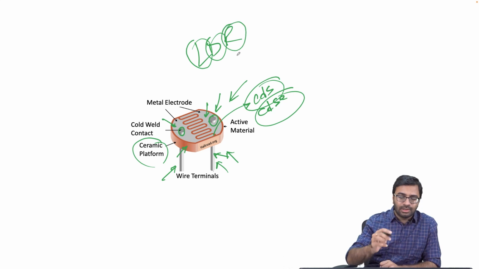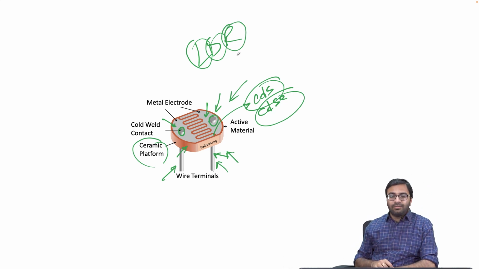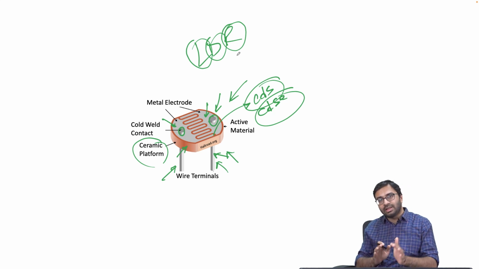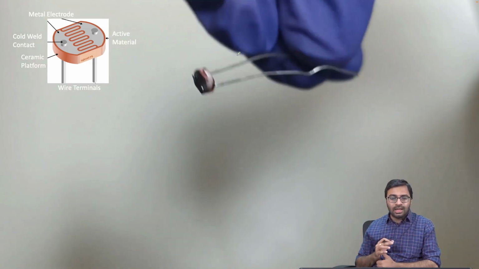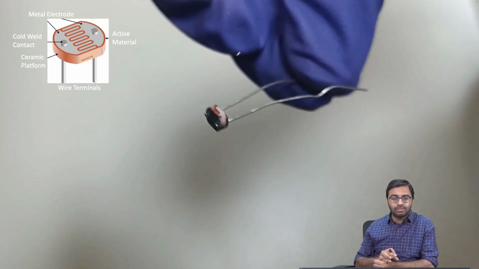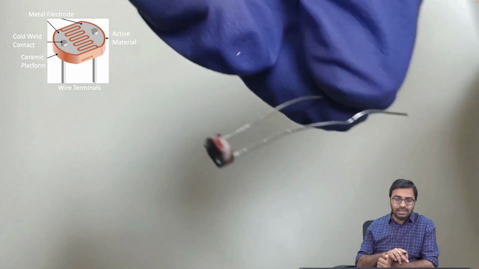Now in this case also, if this sensor is exposed to light, then the resistance associated with the sensor will decrease. In dark condition, the resistance is high. The moment you expose this to light, the resistance will decrease. So this is how this LDR behaves. Now here you can see the video